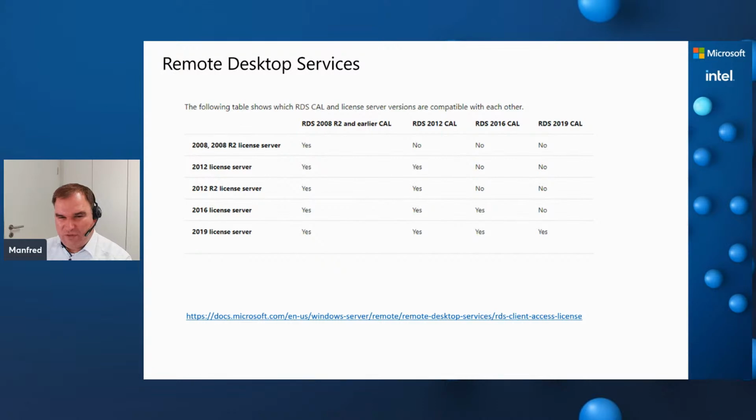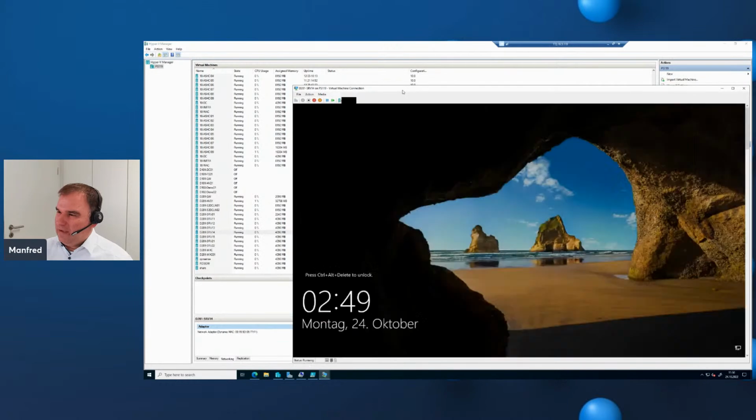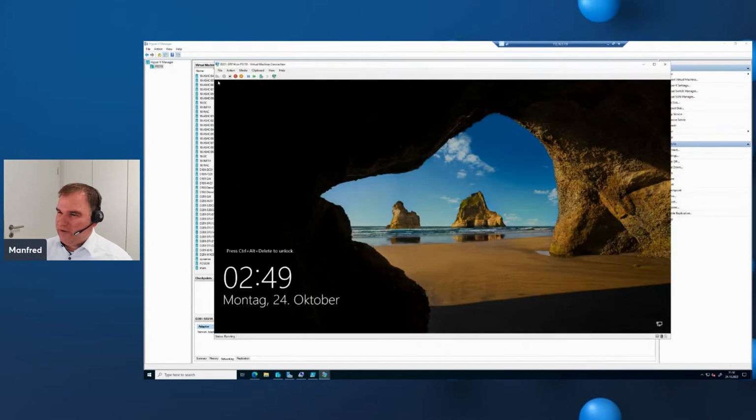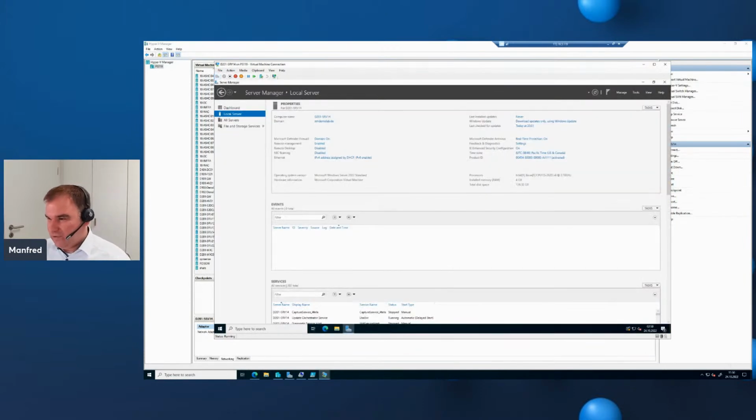Another important thing is the Office compatibility, but I would say let's talk about this after the live demo. So first we will go to the live demo and I want to connect to a Windows server. I have already prepared this Windows server with a few things. The server is a member of my Active Directory domain.